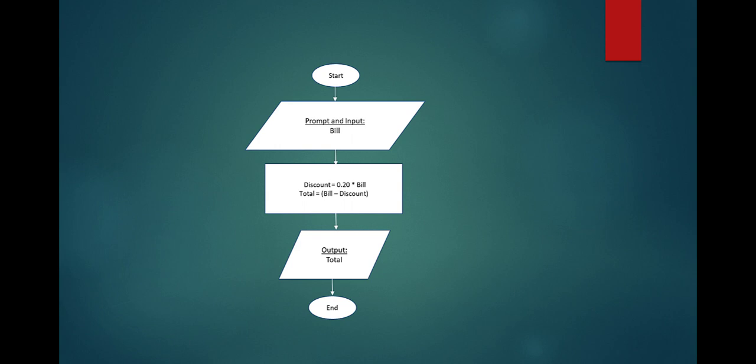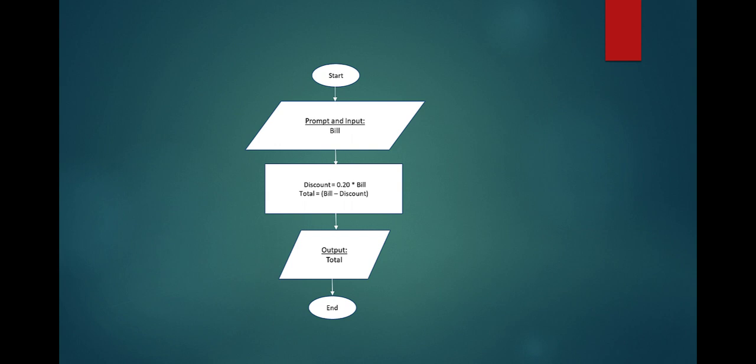And the input would be stored in the variable name bill. And that's part of our input, so that's why we have the parallelogram. And then the second box is the rectangle. And as we said, a rectangle denotes a process. So your process would be done in the rectangles, and your output and input would be done in the parallelograms,